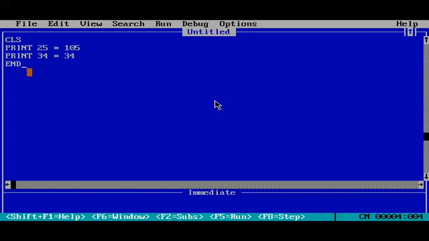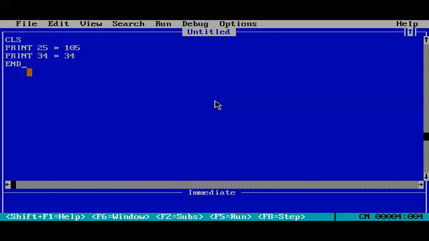Then compulsorily you have to write the statement in. Now if you press F5, you get the answers for both of them.